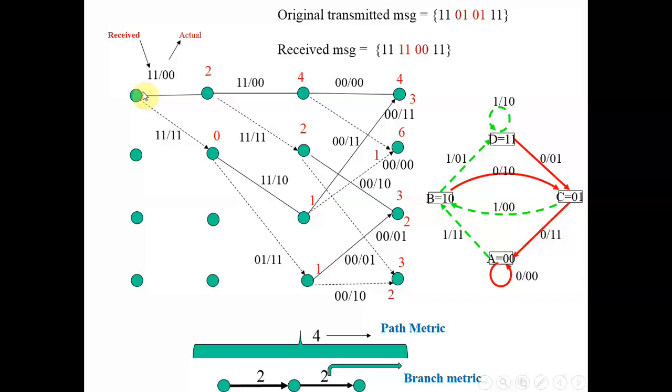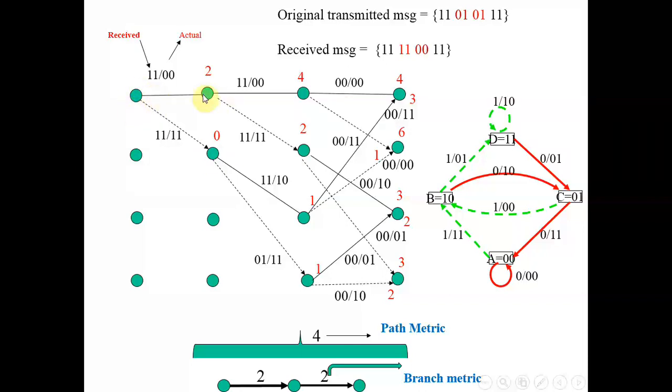Now at A you have two options. Either I can take the A to A path or I can take the A to B path, right? If it is sequential decoding, we will see the difference and we will immediately take the decision that I should take this path. But in Viterbi, we evaluate all the possible paths. That's why we say that we evaluate all the states. So we take both the paths and we evaluate both the paths.